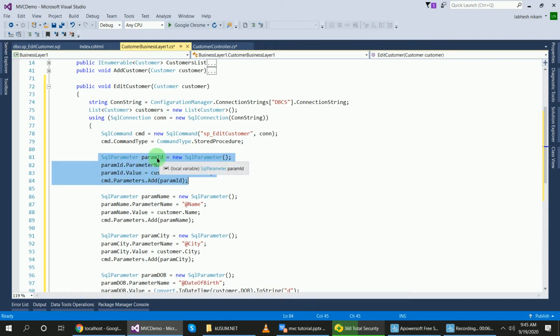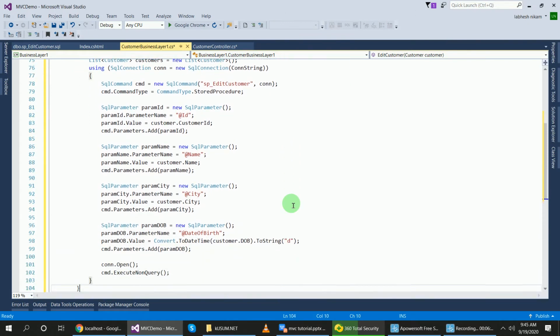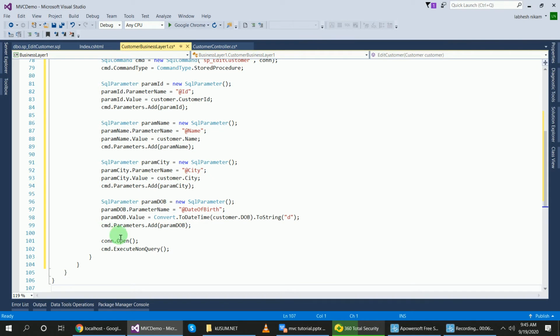Using the parameter object I passed the name and value, and at last I added the object to the table. For all fields I created the name and value and added that object to the parameters. At last I opened the connection and executed the query. So our code for the stored procedure and the method is completed.